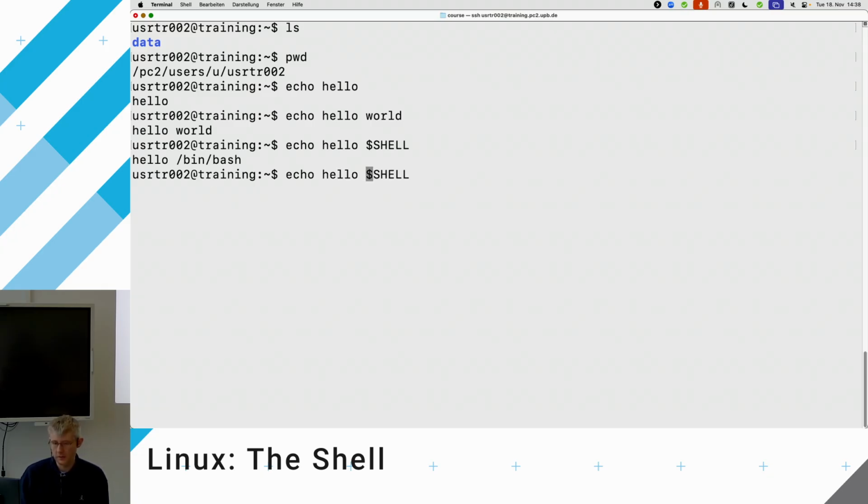We can pass it as one argument without the space, and then it's just substituted in here as part of this argument. And one important thing is, in this case, these are two arguments, and this is here one argument,